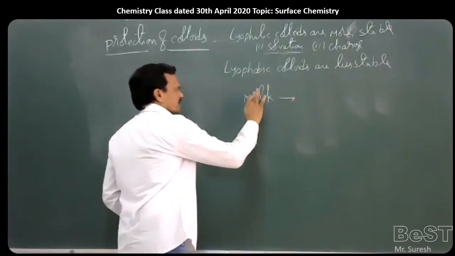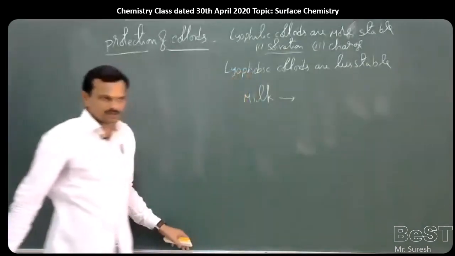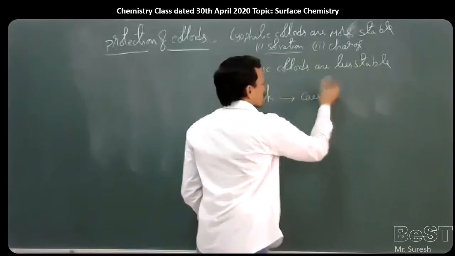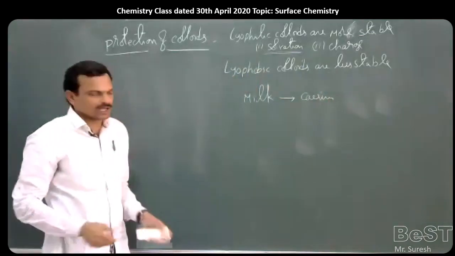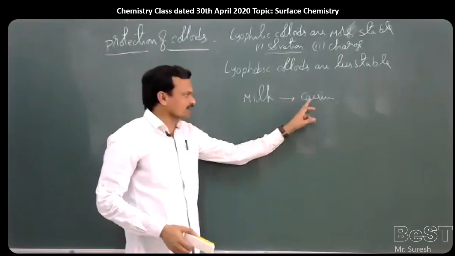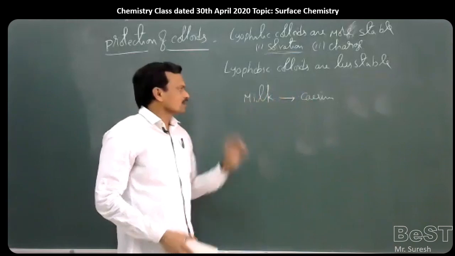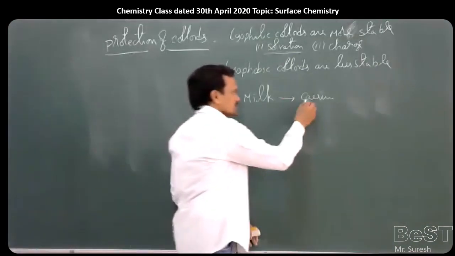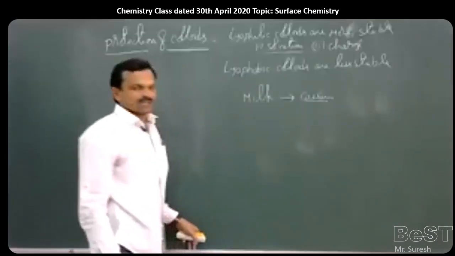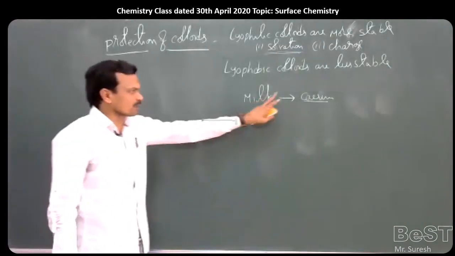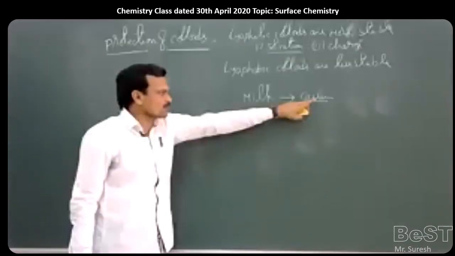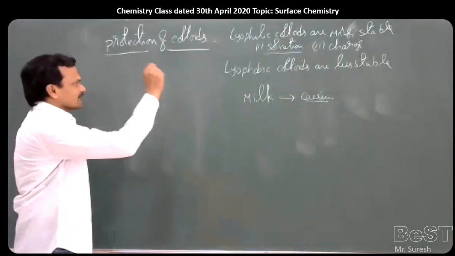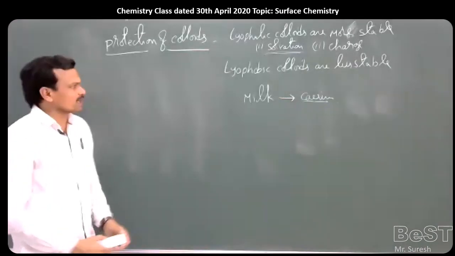So milk is a naturally available colloidal solution. This milk contains casein, a protein. The protein casein present in the milk can protect the milk colloidal solution, so this is the protecting agent here. Simply put, the exact term is that casein acts as an emulsifying agent for milk. But like that, we can keep the lyophobic colloids stable by the addition of small amounts